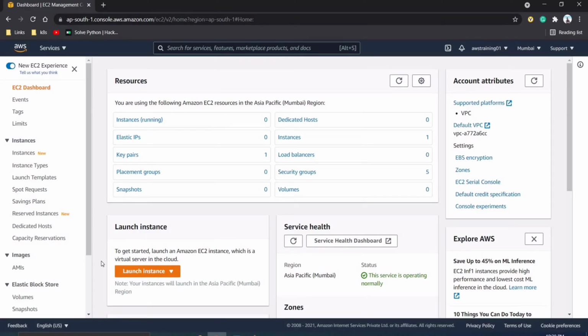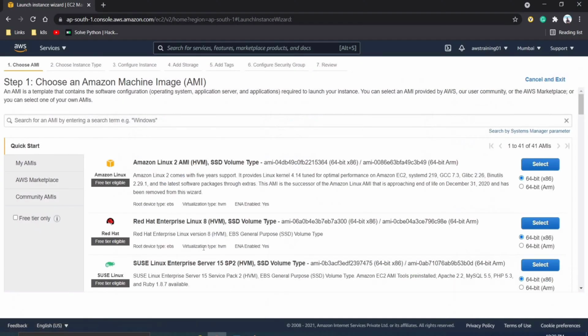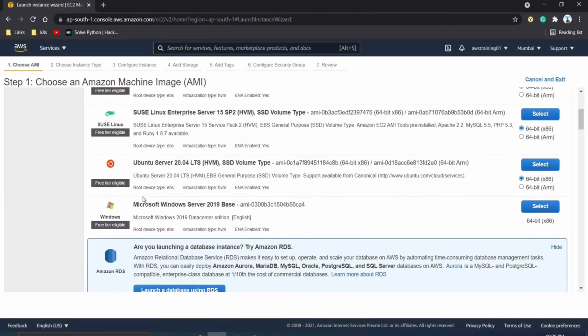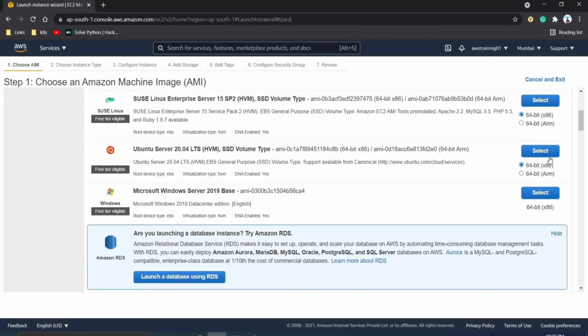So hi guys, welcome back, and today we are going to learn how to attach a new volume to our EC2 instance. So first we need to create one EC2 instance. We are going to create it by clicking on launch instance, and we have to create an Ubuntu server. We can select an Ubuntu server for our testing purpose,